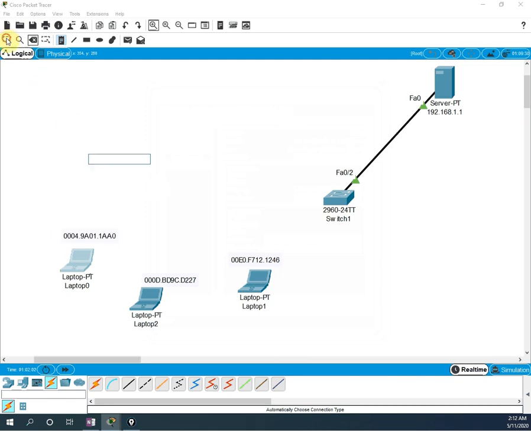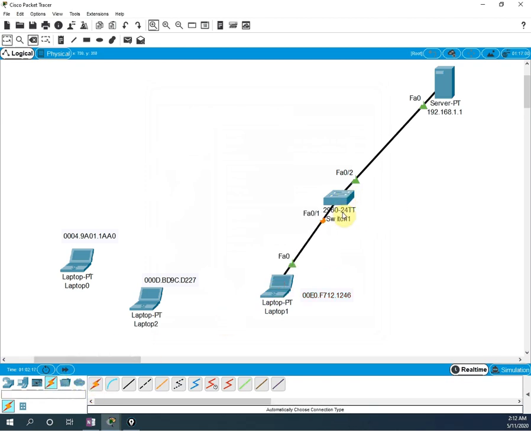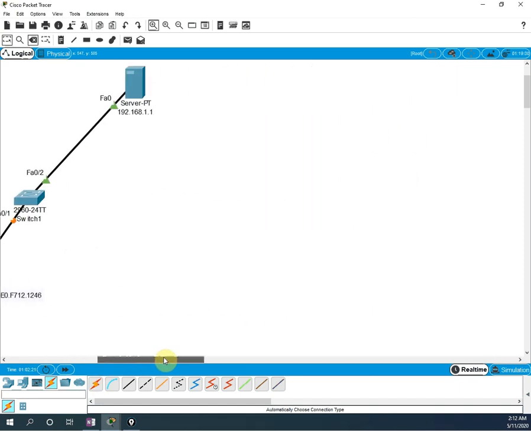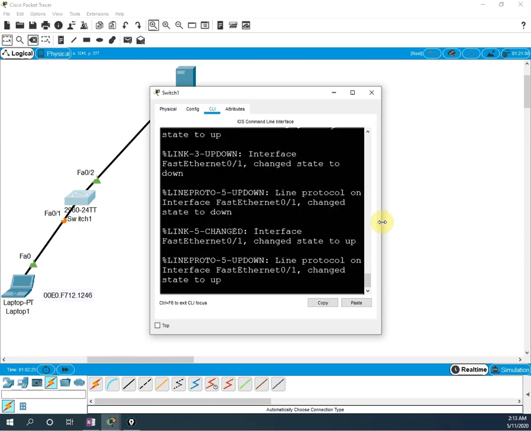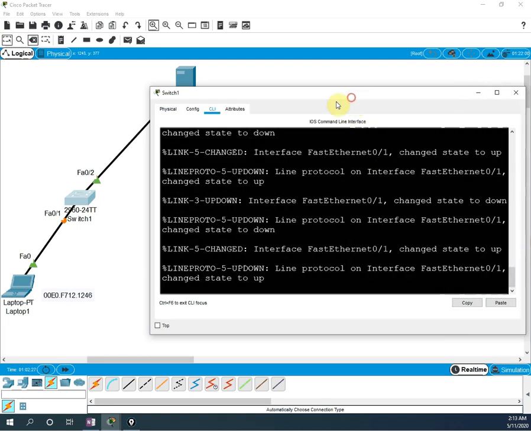Okay, so now what I will do, I copied already, and this is our real boss, the HR manager who is going to access the payroll server, the HR server. This is the authorized person. Okay, so I will connect this guy here. Now this is the scenario. Let me move like this. Okay, this is the scenario. I will open the switch. I will open the CLI.